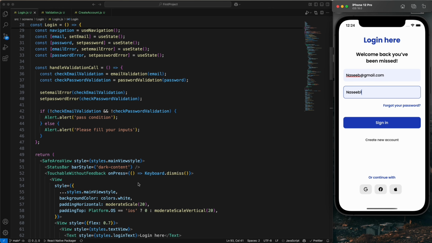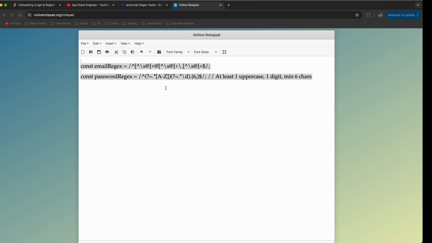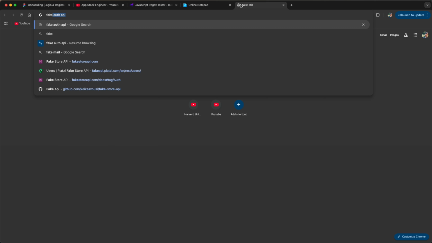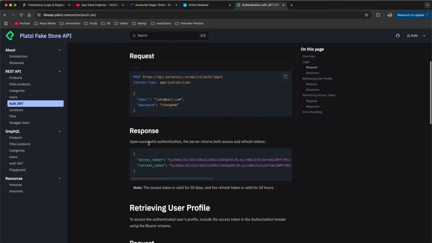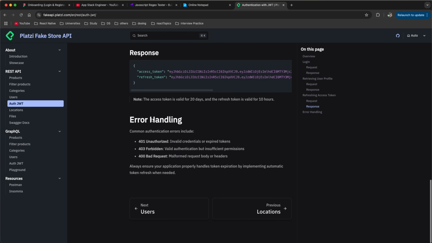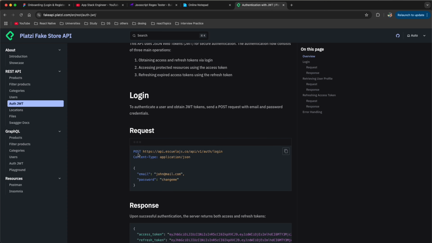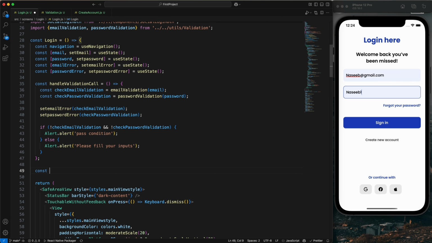For that I'm going to use the fake dummy APIs. So this is the fake API. So this is my fake APIs, you can see, and we have an auth. So let's see the login API. Let's find the login API. So this is my login API, you can see, and just copy the login API. So now I'm going to create one function, const call API,